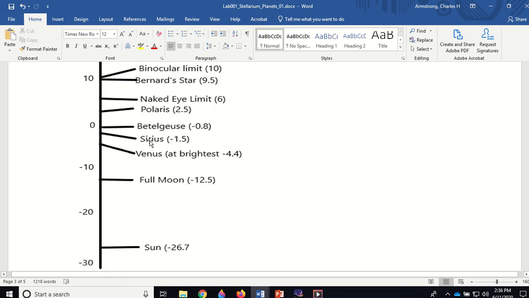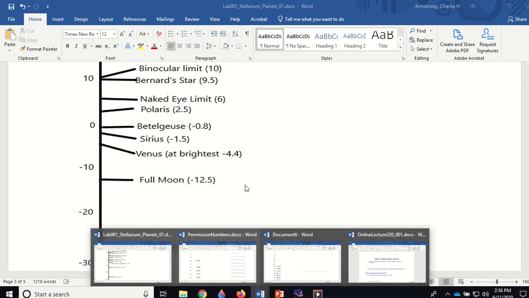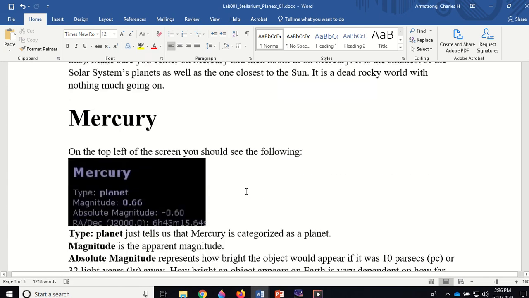Because Mercury goes close, far away, close, far away. So it's at different distances from the Earth as we both orbit the Sun. All right, so if you take a look down here, you've got its